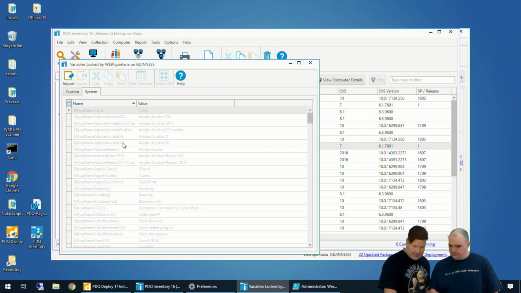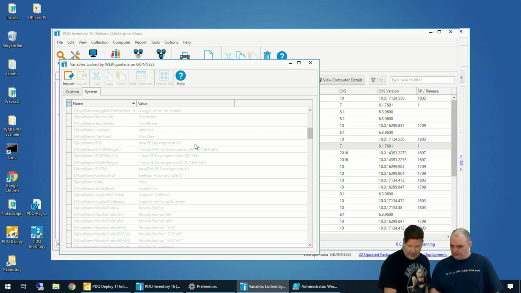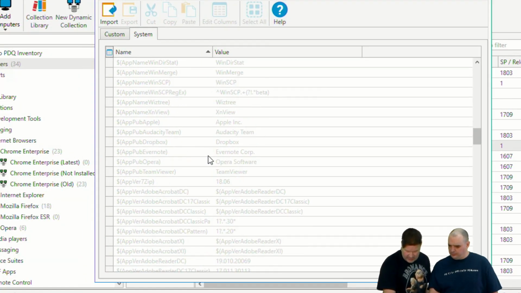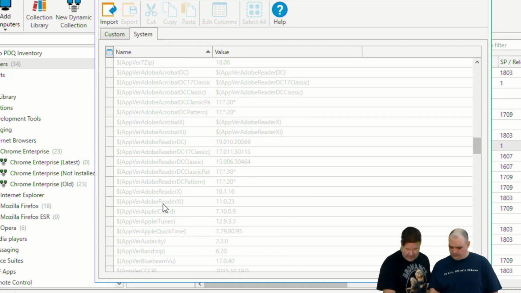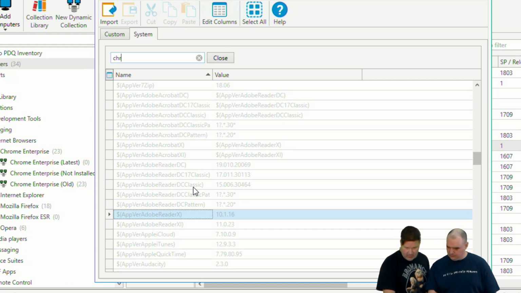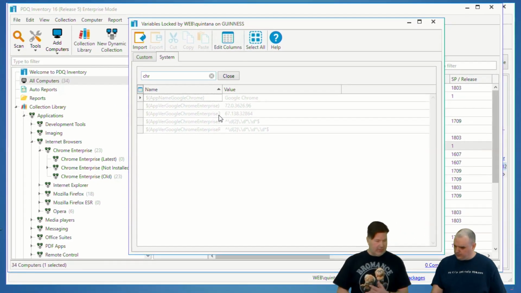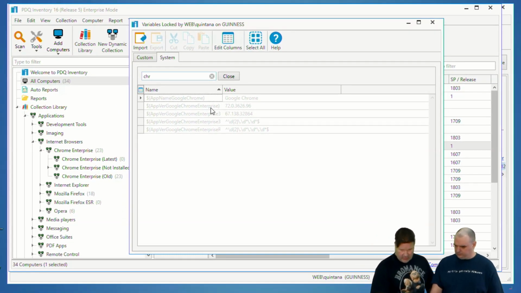So go to system variables and let's say we're looking for Chrome. So app version is Chrome. You can use Control F to search this page. There we go. So app ver Chrome, boom, right there. So you see the versions right there. So you could use that $ version Chrome Enterprise